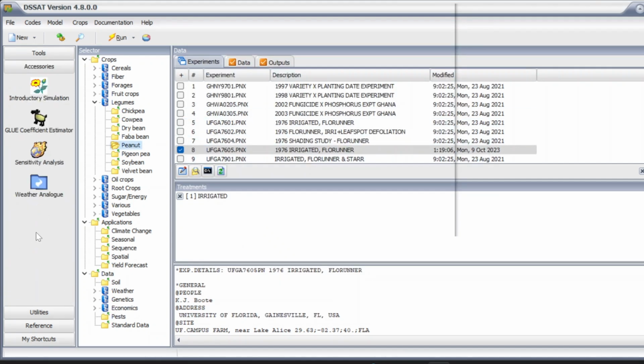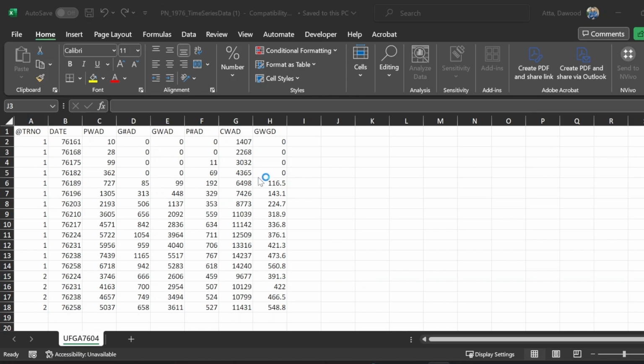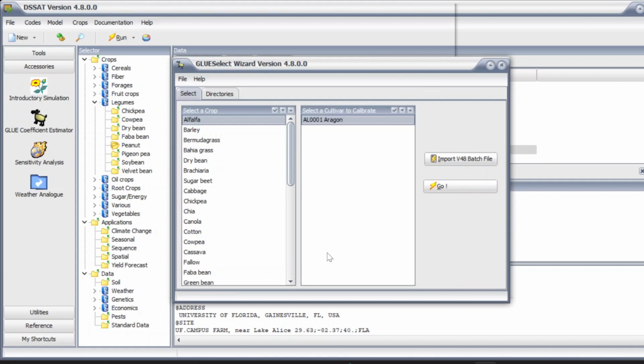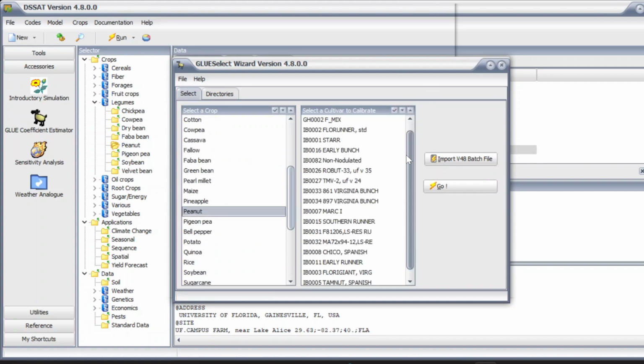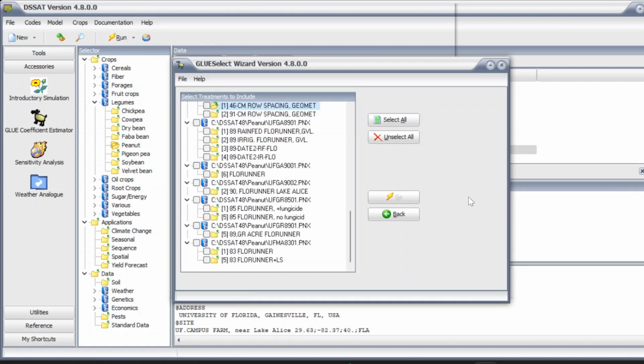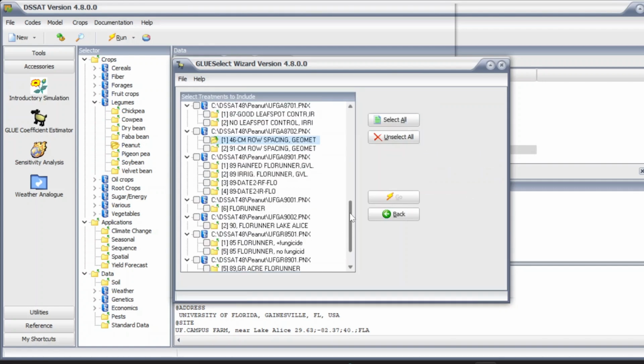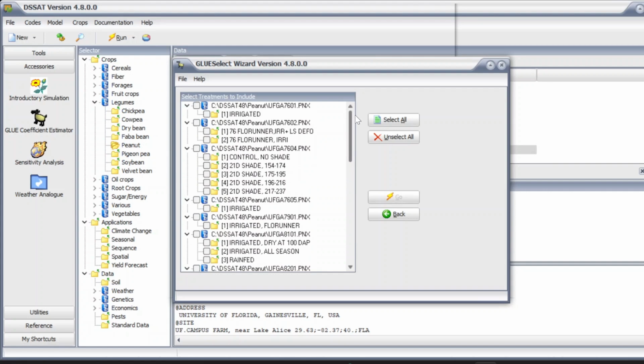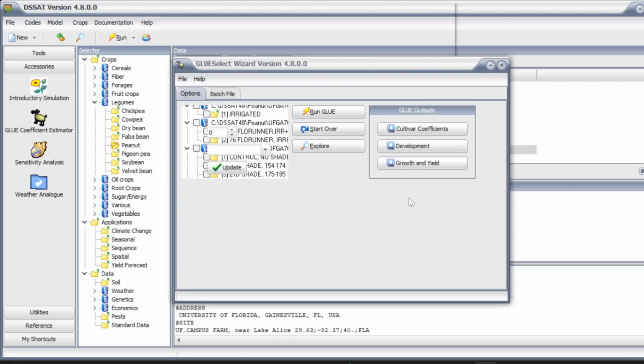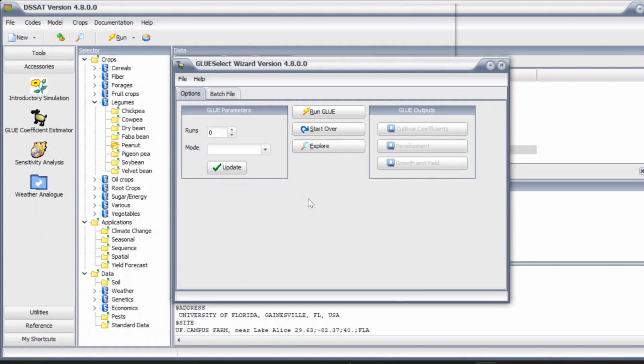Now I will open GLUE. Let's click on start GLUE. This is a peanut experiment, so it uses Floor Runner STD. This one, click on go. This will show all the experiments which are using this cultivar. So I'm going to click this one, UFGA 67605. Click on go. Yes,